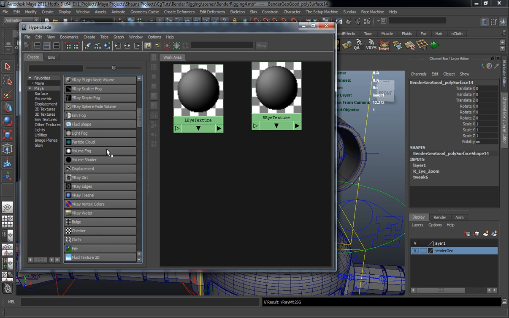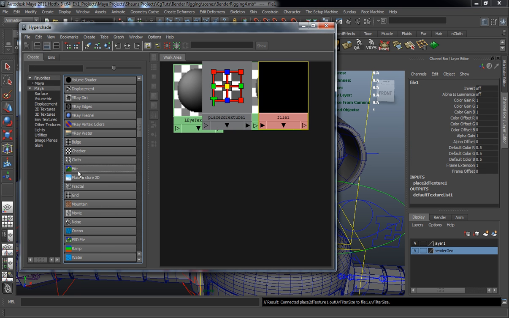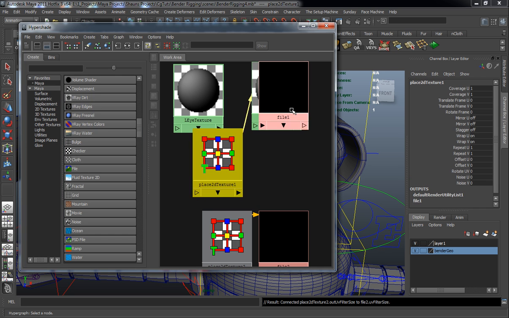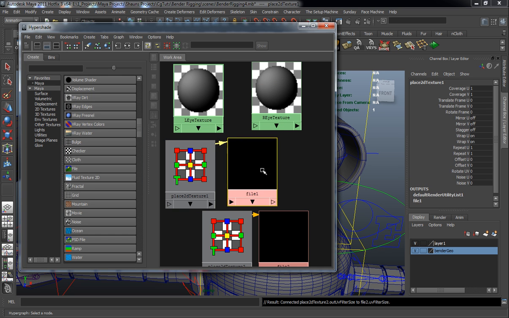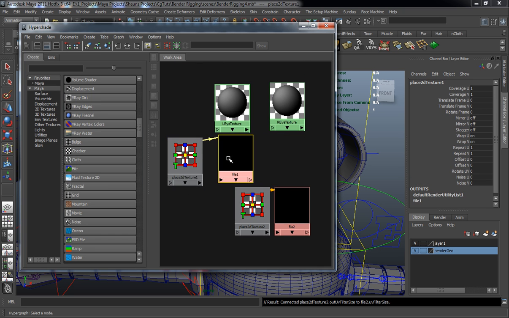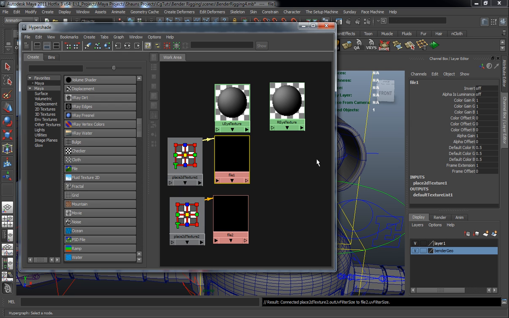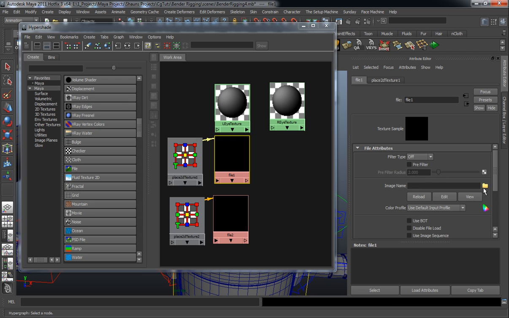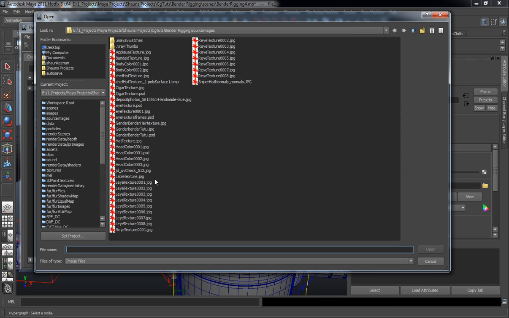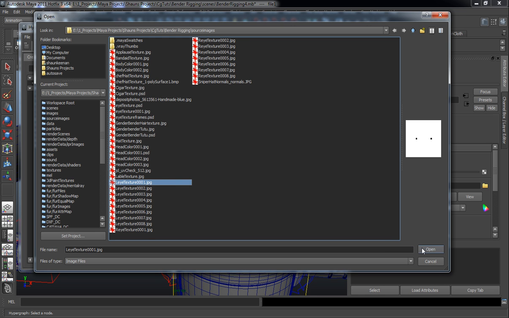I need to go and bring in 2 different file nodes here. Okay, and let me go ahead and just try and maximize the workspace here so that we can see what we're doing. So we'll select this file 1 node, hit Control A, and we're going to go ahead and bring in our left eye texture 001, and you can see where we have a corresponding number framed here, so it's like 1 through 8, and these are going to be animated textures for our eye. So we'll go ahead and apply this one